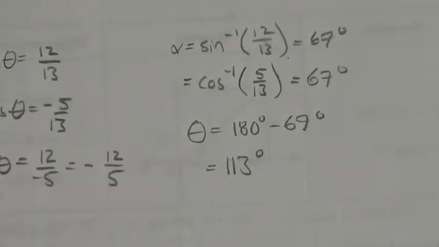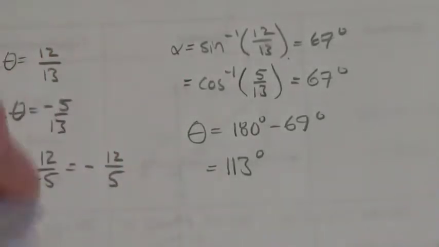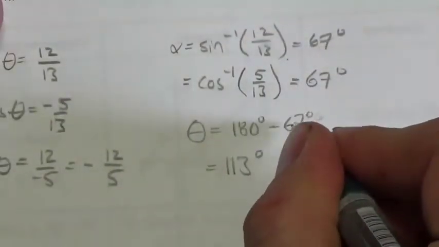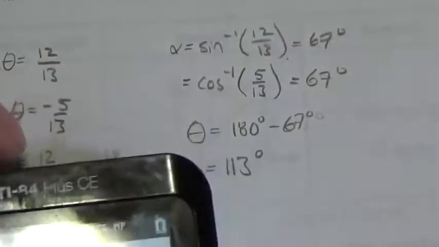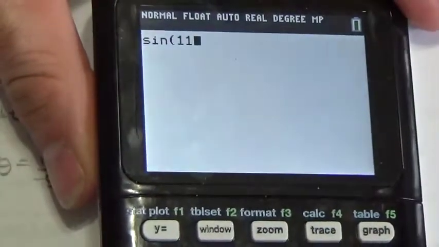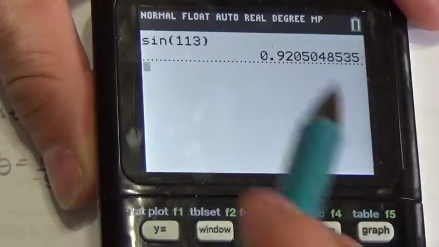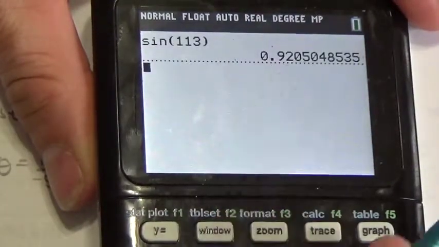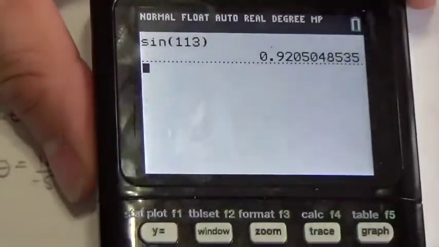Oh, actually, you know what? I was going to do this on the calculator and show you something kind of funky on the calculator, but I realized here we had to round that 67, so it's not actually going to work. But one of the things you could have done here is we could have, for example, taken the sine of 113 degrees, and you get 0.92. Now, if we take 12/13,